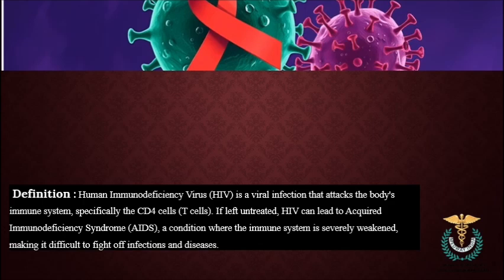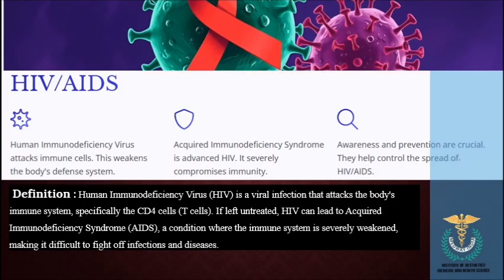First, in this category, we shall be discussing HIV. HIV, by definition, is a viral infection that attacks the body's immune system, specifically the CD4 cells. If left untreated, it can lead to acquired immunodeficiency syndrome, a condition where the immune system is severely weakened, making it difficult to fight off infections and diseases. Also, there are two species of lentivirus, a subgroup of retrovirus, that infect humans. Over time, they cause acquired immunodeficiency